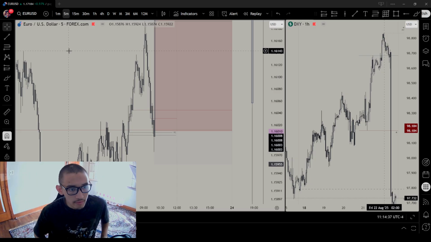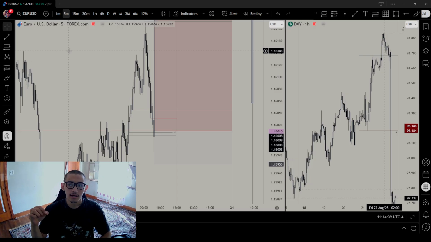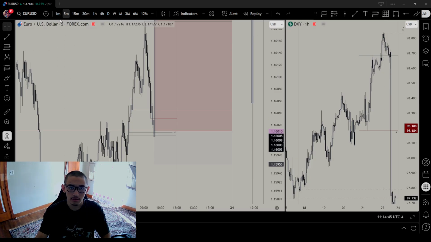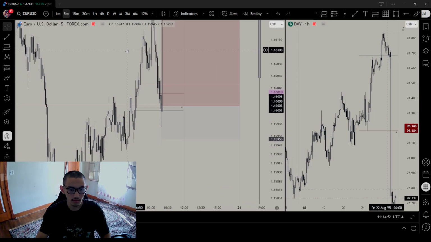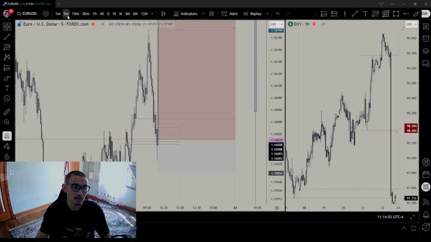And the lower the time frame, the lower the probability, right? The 1-minute time frame is a lot of candles. There's a candle every single minute, so it's very low probability, right? The fewer the candles, the higher the probability. And the lowest you can go is the 5-minute. Why don't I say the 1-minute time frame?